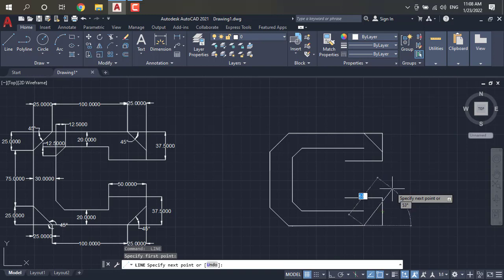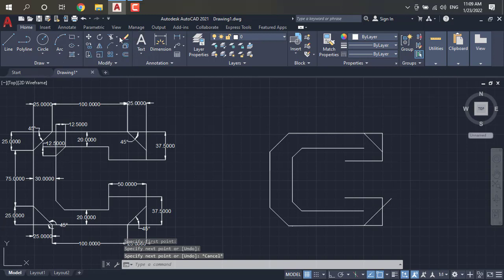Here the midpoint will be selected, so we will be careful to draw a 45 degrees here. Just escape it, and here you have to take the 45 degrees, and again you have to take a line from here to here. Yes, this is exactly 45 degrees.